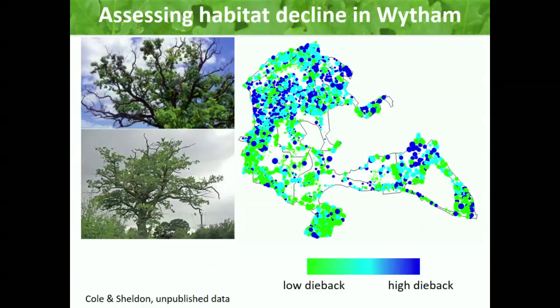And this is what the health data looks like for Whiteham. So each dot here is a tree, and the colour just indicates the health. So green trees are healthy, and dark blue are unhealthy trees where more than half of their crown has actually died. So we wanted to confirm that this was actually a measure of decline over time rather than just fluctuations in health.